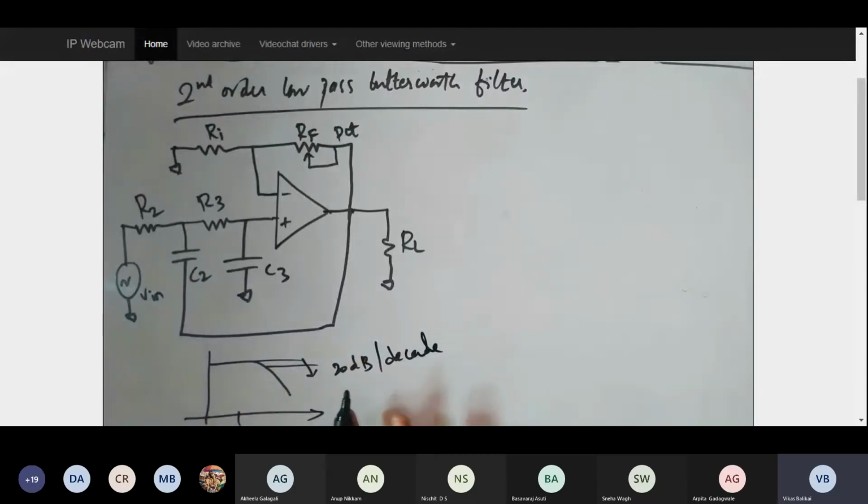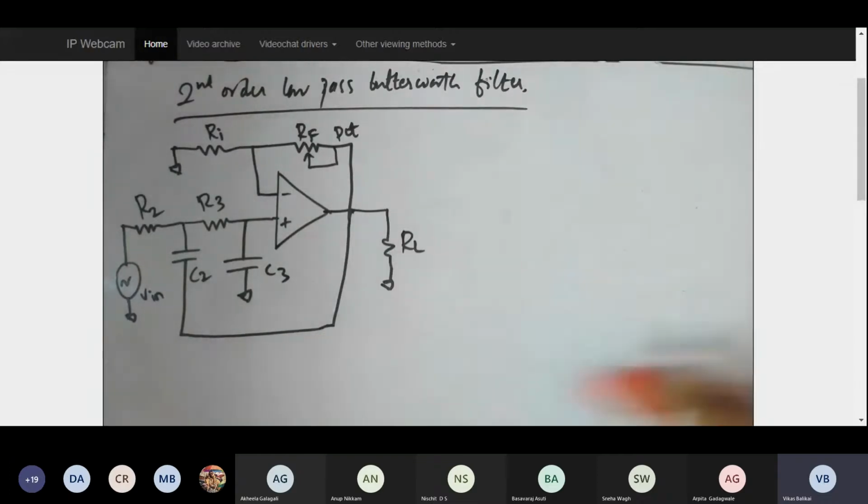This was my concept in the first order filter. In the second order filter, instead of 20 dB, it will be rolling off by 40 dB per decade. Gain will be dipping by 40 dB for every 10-fold increase in the frequency. So that's the major difference along with the circuit difference. So this is one thing you can have an understanding of with respect to this filter. Fine. So let's try to understand the derivation part.